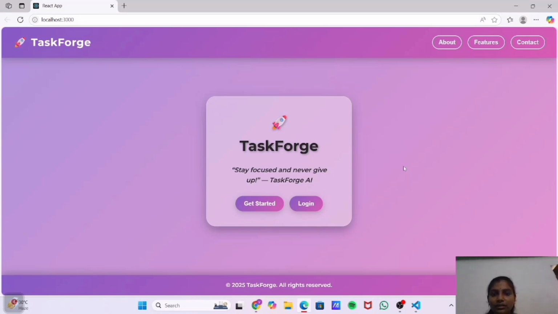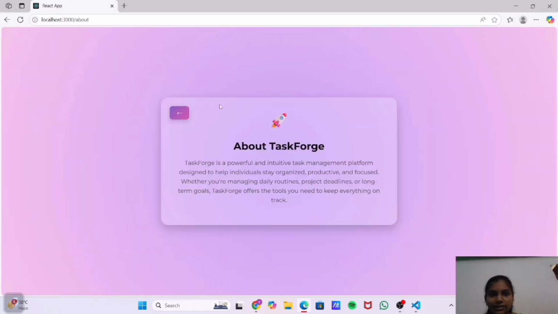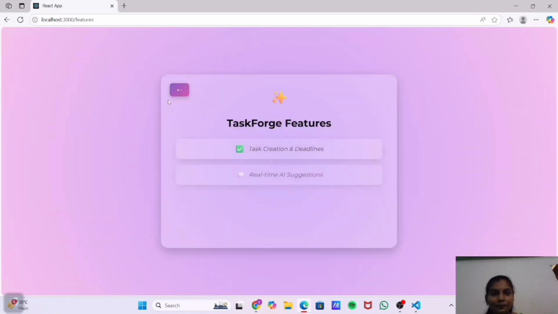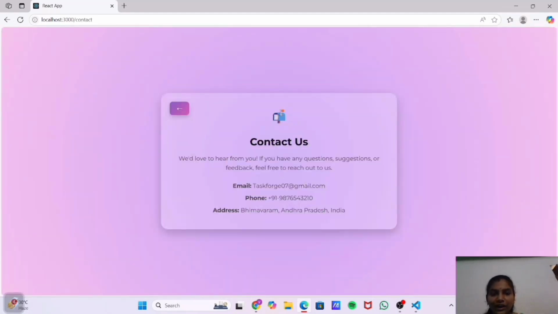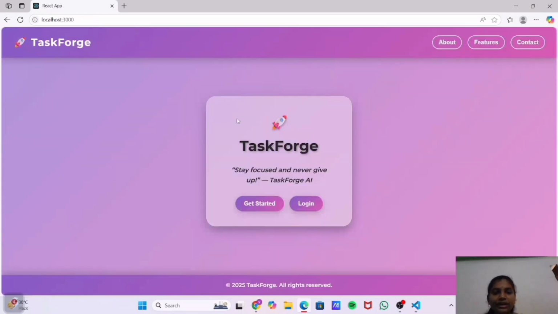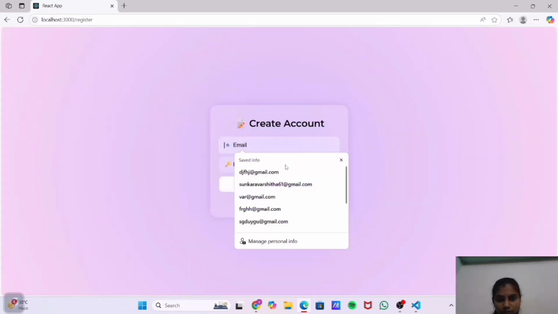This is my welcome page. In the navbar, I put three component names, that is about, features, and contact. Just open and see. It will show all about TaskForge. Also, if you have any update queries or any feedback you want to give, you can contact us at the email. Here, this is my welcome page. When you enter into get started,